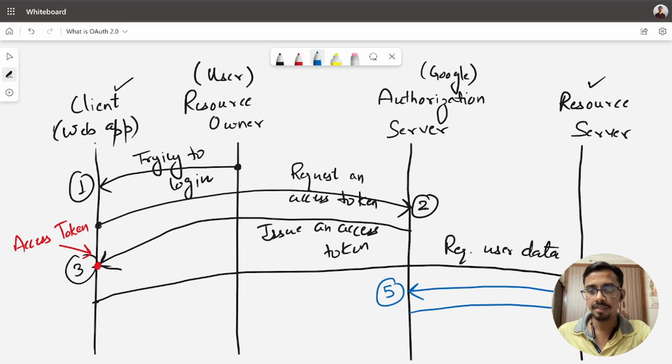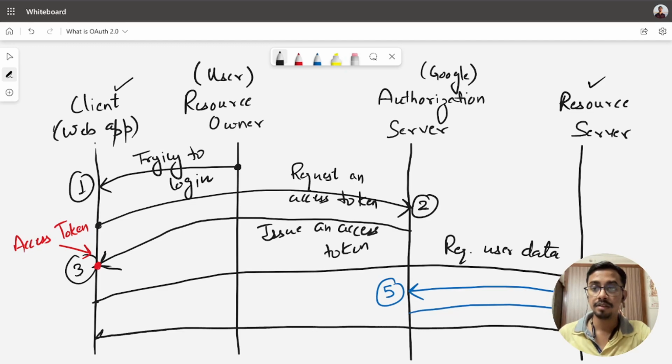And once the authenticity has been proven, the resource server will go back to the client with the resource, that is, with user data. Also, you can say over here that this is protected data.